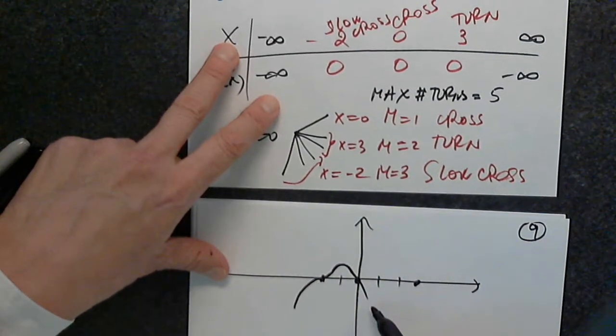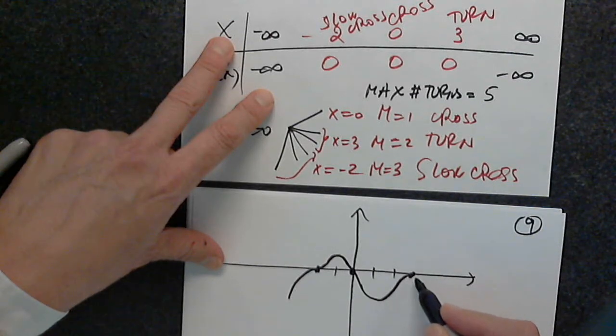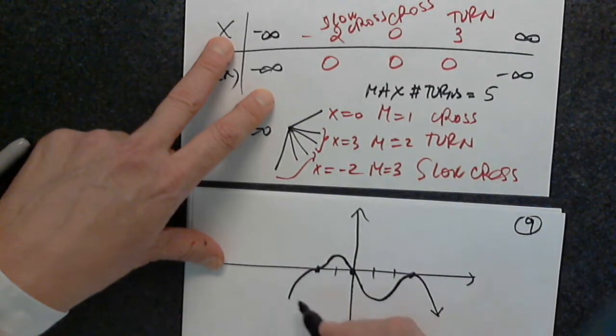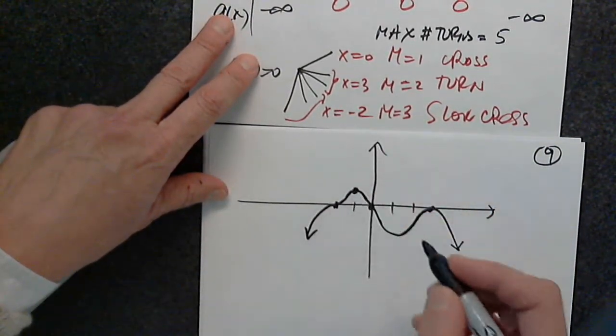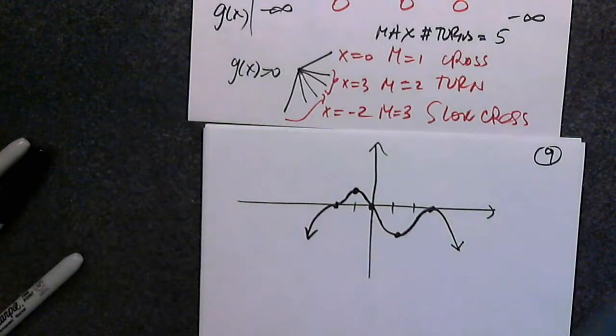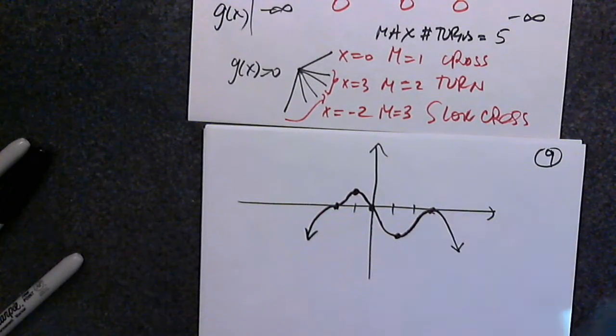It has to come to a turn because it has to come back and turn again at 3 and then go to negative infinity. So it has a local max here and a local min here. And of course also a local max here, which is at 3, 0. But I don't know that max and that min. So I can go back,